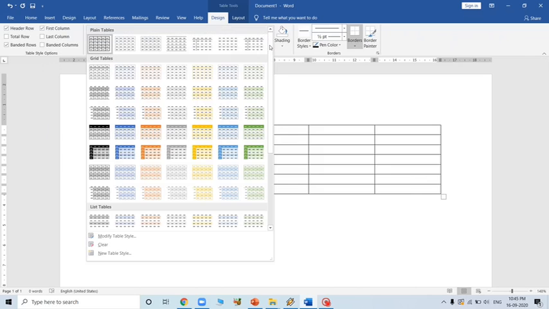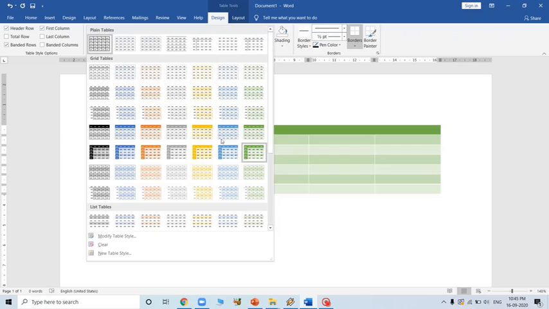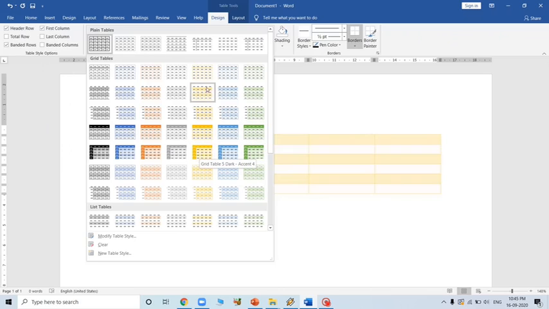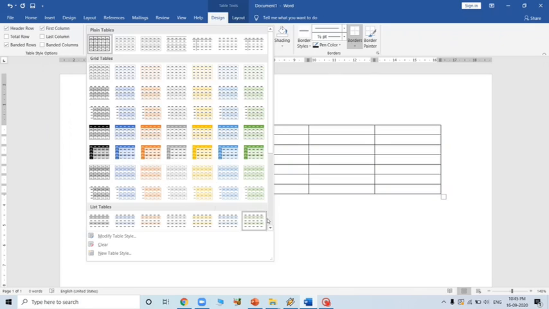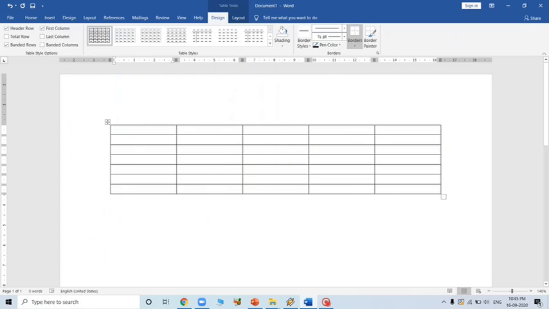You can do some formatting from here. Like this the color will get changed. It will look like this. You can change the color; according to your choice you can select the colors. So now what we have to do, we will simply start typing. This is all about computer generations.